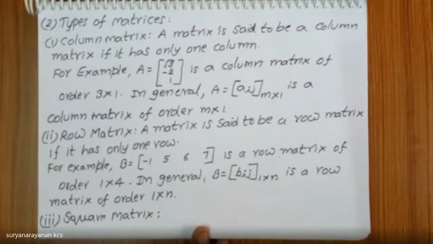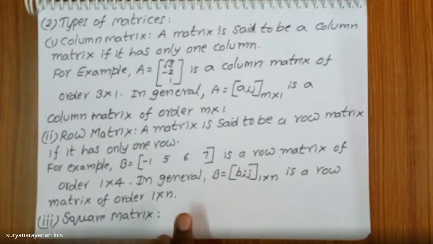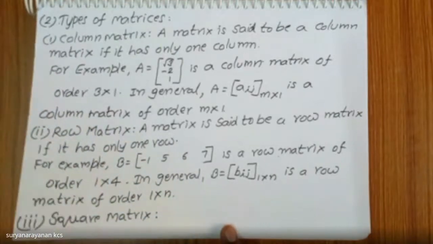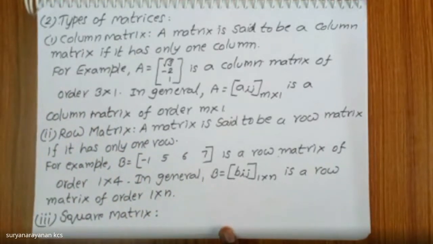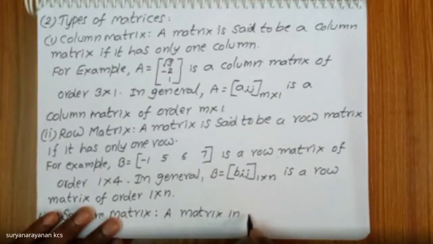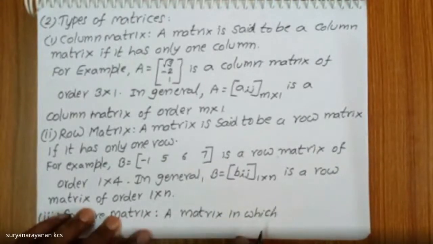Yes, all sides equal. Similarly, here, if the number of rows and number of columns are equal, then the matrix is said to be a square matrix. A matrix in which